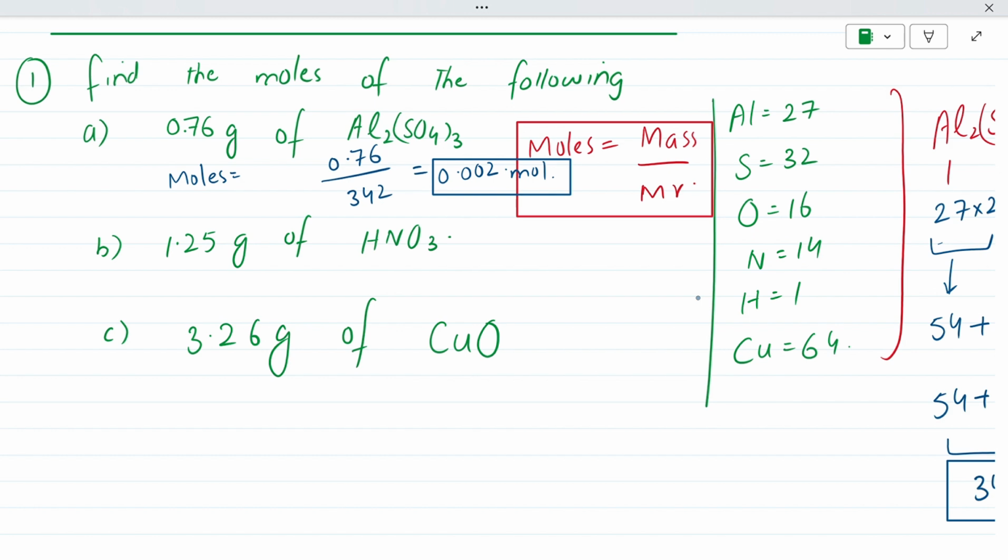Sir, 63. We're going to tell you the answers. What is the answer for the first question? What is the atomic mass of this? I am getting 63. Okay,